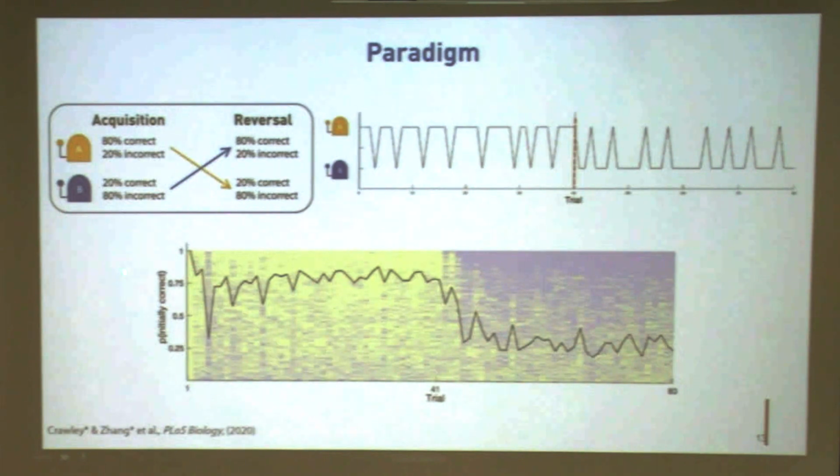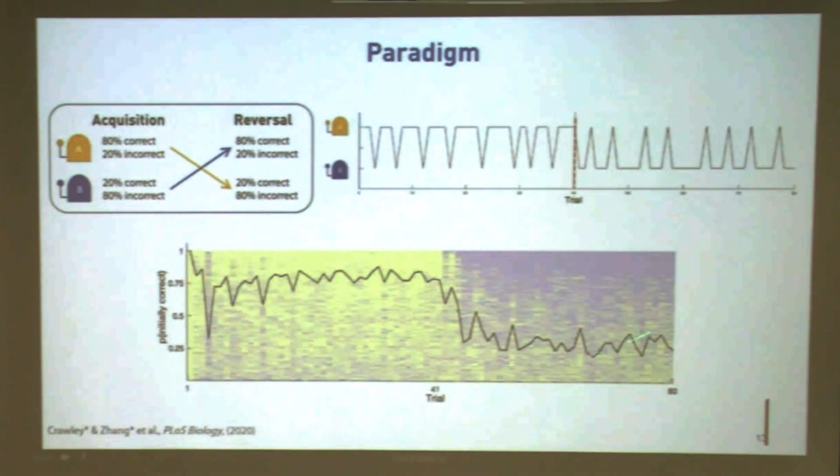This is nothing interesting, but I'm showing this only to show you that the individual behavior across the age groups, across the clinical groups, they behave relatively according to the task structure, right? So they find out quite early on that the yellow one is a better choice, and after the reversal, there's a drop, there's a change of behavior. Because the environment has changed midway, we also see a kind of lag. They do not detect the reversal immediately. They have to try out a few times until they find out there's a change in the environment.